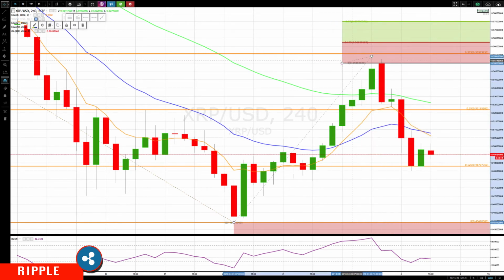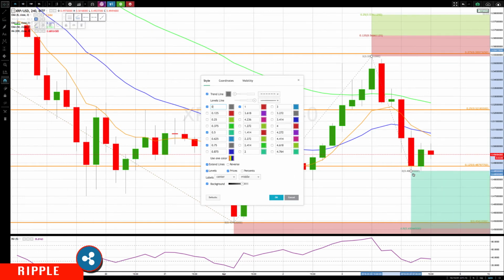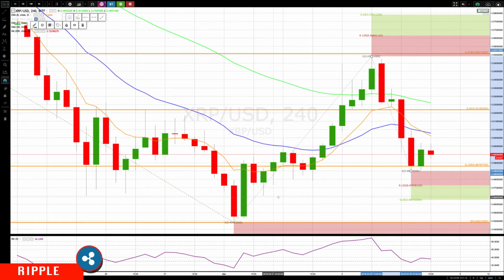These levels would be updated here. We can also do a projection down from this to this pause area and then do the next 12.5 and 25% projection down. And now we can do our analysis. So if we continue lower, 0.47636, 0.467722 are the next levels down. Again, rotation zone crossing again